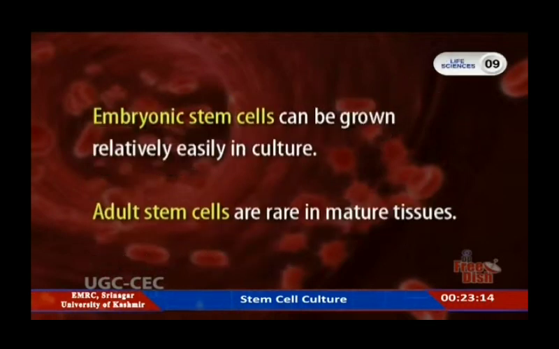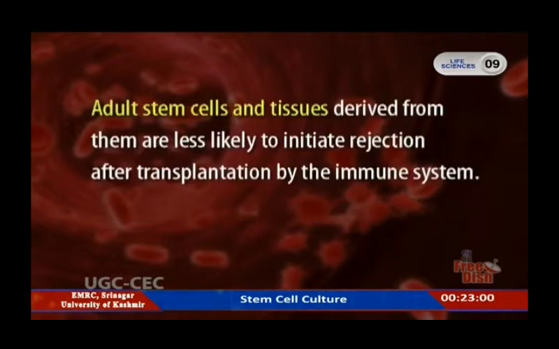The embryonic cells can be grown relatively easily in culture, while adult stem cells are rare in mature tissues, so isolating these cells from an adult tissue is challenging. The adult stem cells and tissues derived from them are less likely to initiate rejection after transplantation by the immune system. This is because a patient's own cell could be expanded in culture, coaxed into assuming